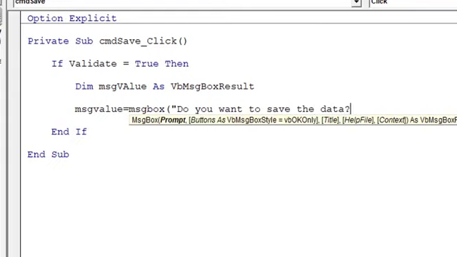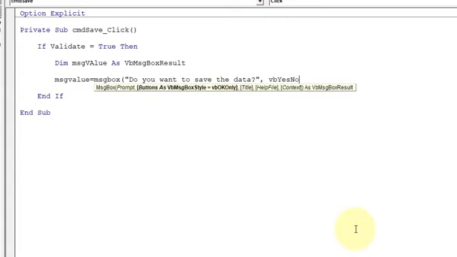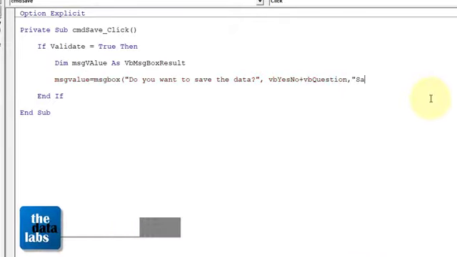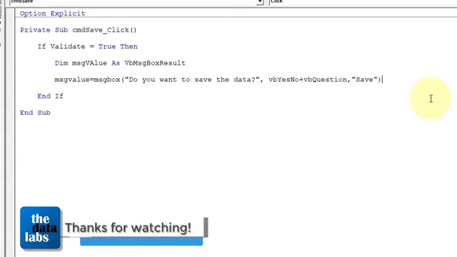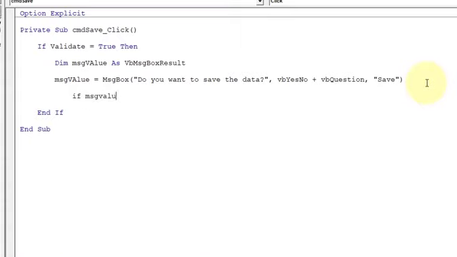Here we need to give the two options, vbYesNo plus vbQuestion, and the title should be Save. Suppose the user says okay, if msgValue is equal to vbYes, then we need to call